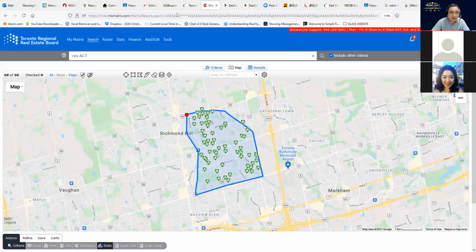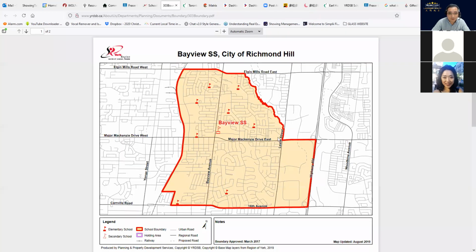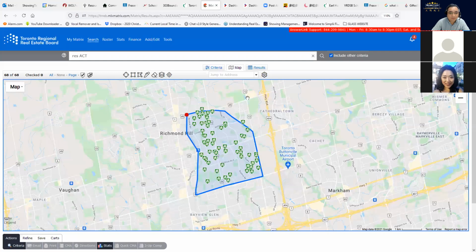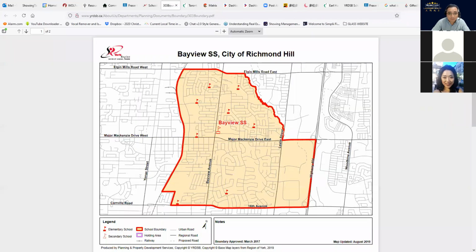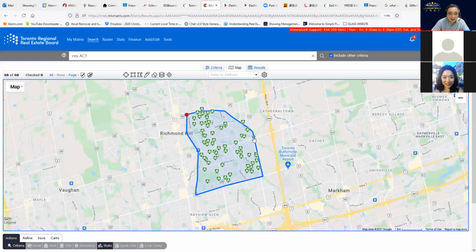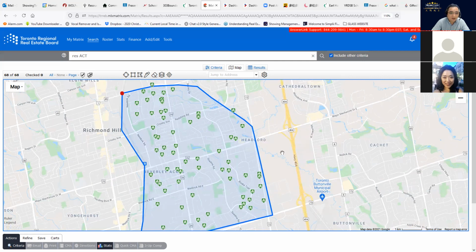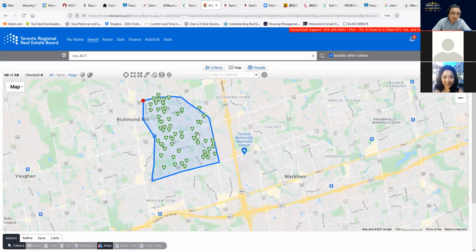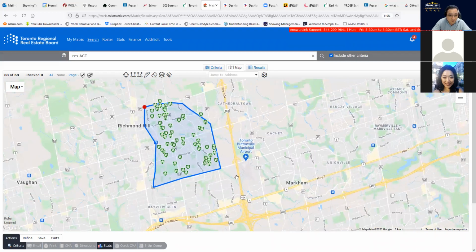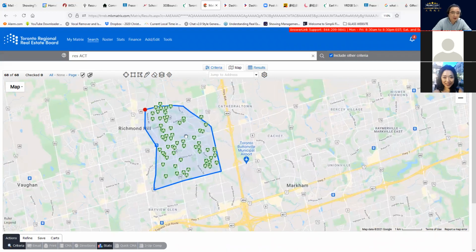Okay, I believe this is the boundary for this high school. This is Leslie and Major Mackenzie. Okay, so that is the boundary, because this area belongs to the number 1 high school